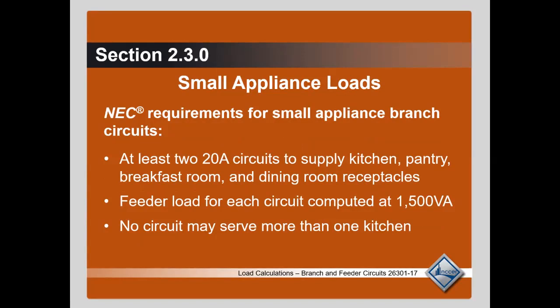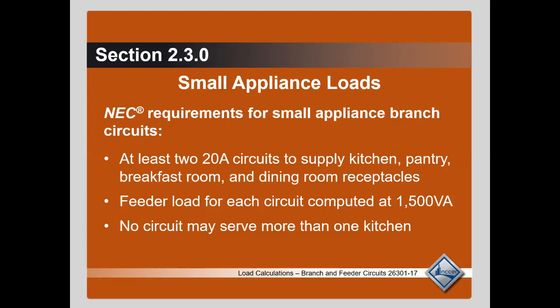This hasn't changed from before. So whenever you're doing your general lighting load, first thing you're going to do is multiply your square footage times 3 volt amps, right? The second thing you're going to do is say, I've got 2 kitchen circuits rated at 1500 watts each. So that gives you 3000 volt amps combined. 2 times